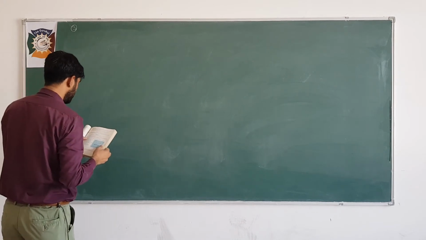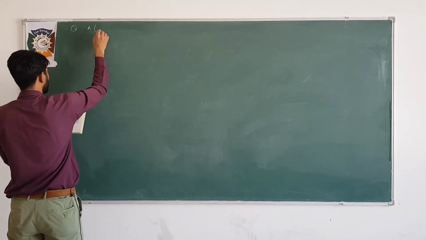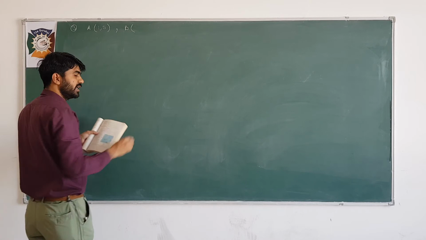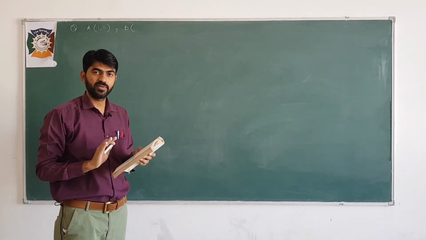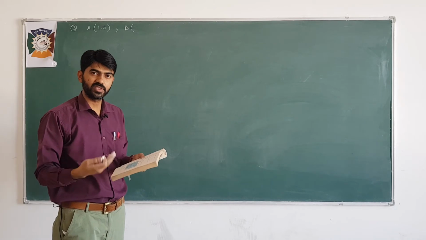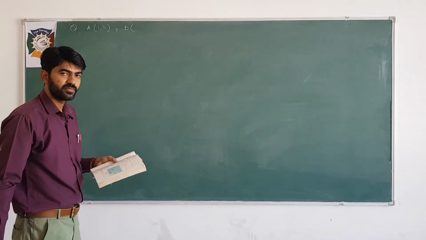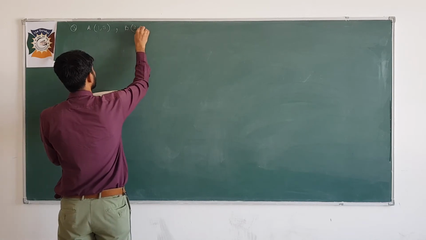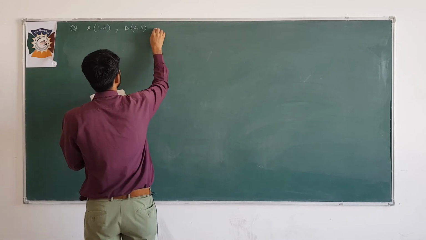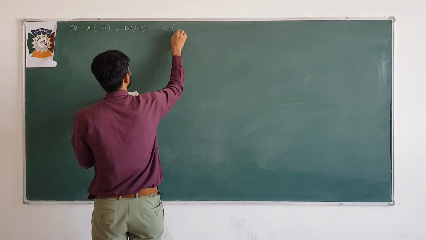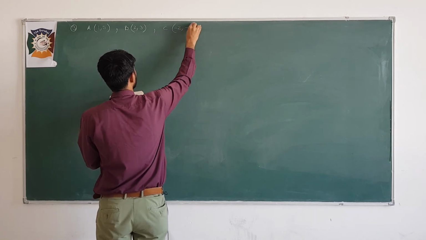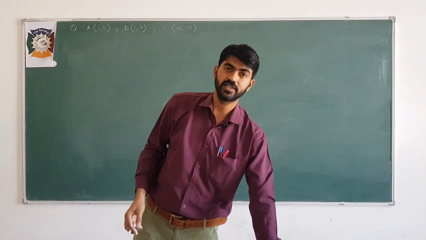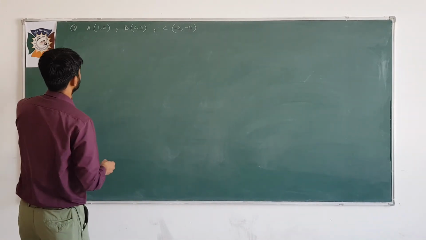Given points are, let it be, A is 1, 5. Namings are not given, these point names are not given, but I am writing the names on my own so that it becomes easy for me to decide the distances. So second point I have given name as B, it is 2, 3, and third point I have given the name as C, this is minus 2, minus 11. So I need to find whether these points are collinear or not. First I will find the distances.